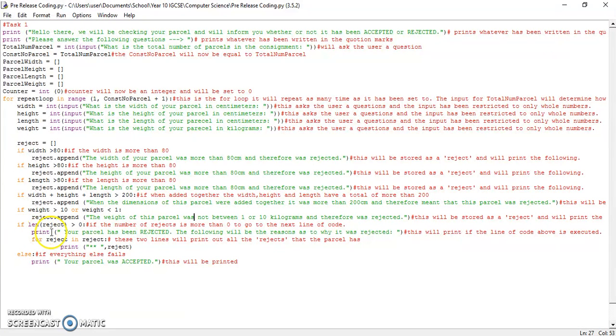So this is if len reject is more than 0, to continue to the next line. So basically this line of code means that if there are more than 0 rejects, then print that this parcel has been rejected, and for reject in reject, so this is the for loop, it'll say each of the things that you rejected for. And then else is basically, if all else fails in this code here, to print your parcel as being accepted. So when we run this code,